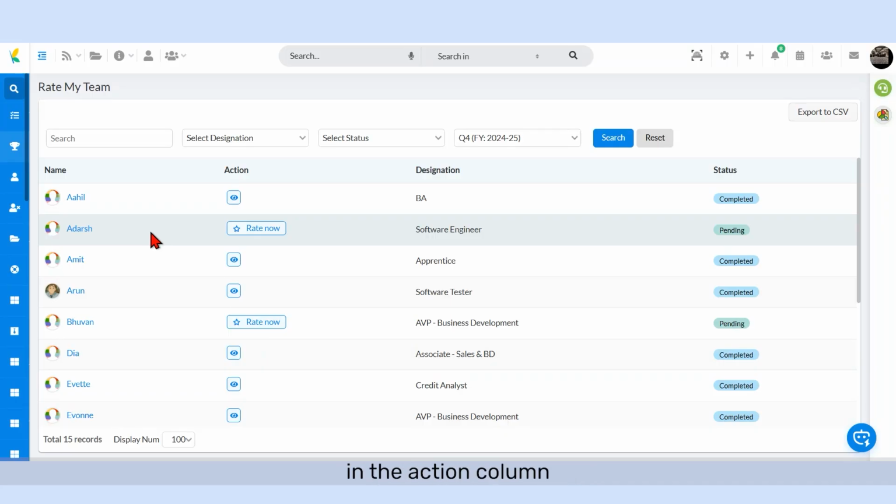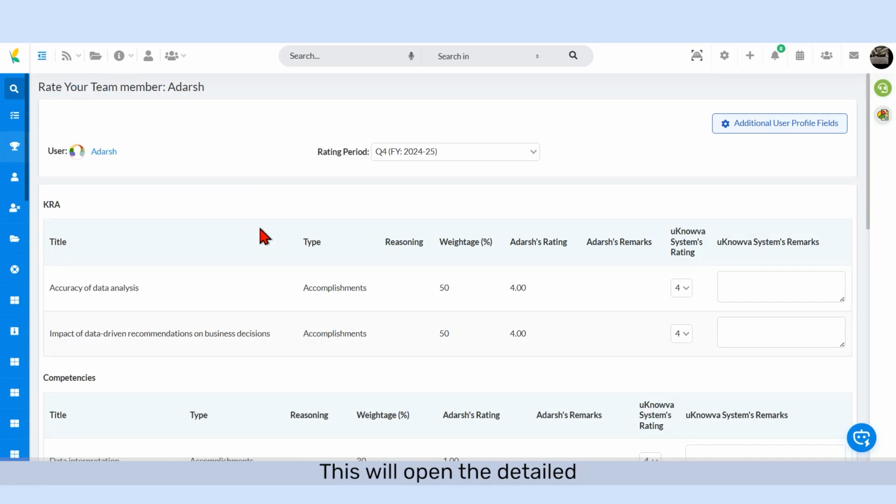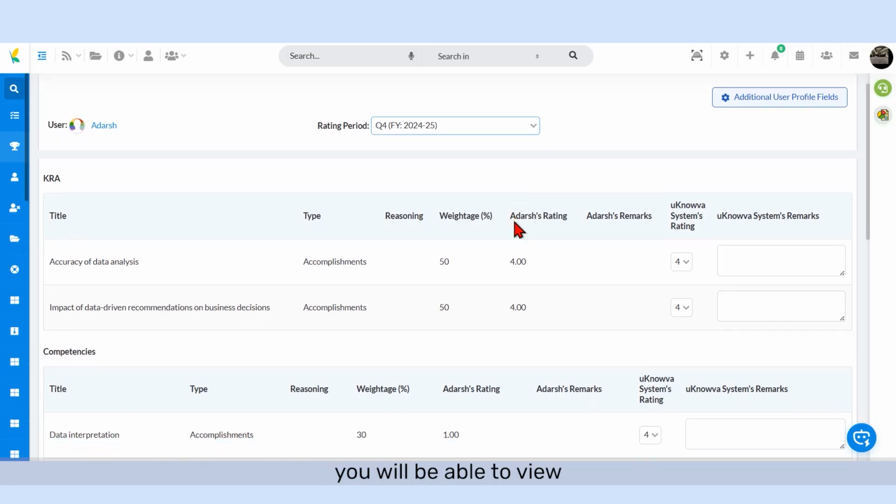In the Rate My Team section, locate the employee whose performance you wish to evaluate. In the action column next to the employee's name, click on Rate Now. This will open the detailed rating interface for that employee. Start by selecting the appropriate rating period from the drop-down menu. As a reporting manager, you will be able to view the employee's self-ratings and past remarks before submitting your own